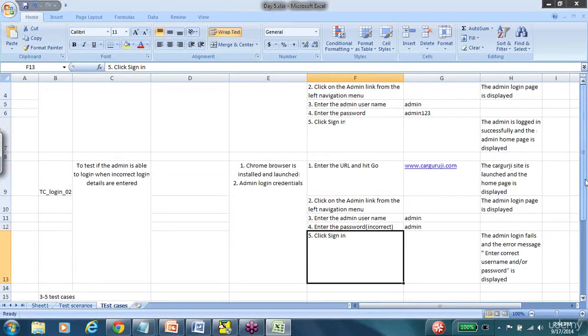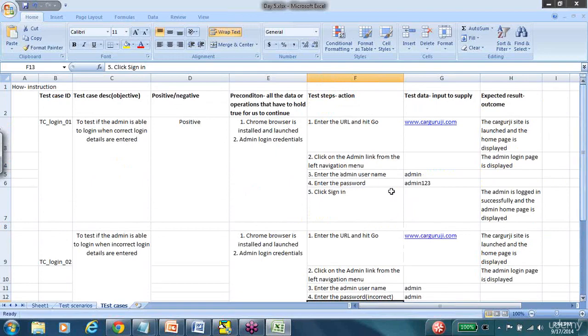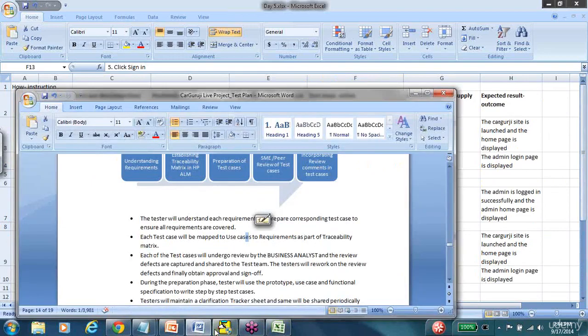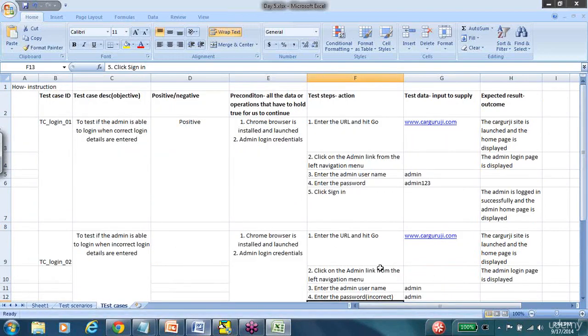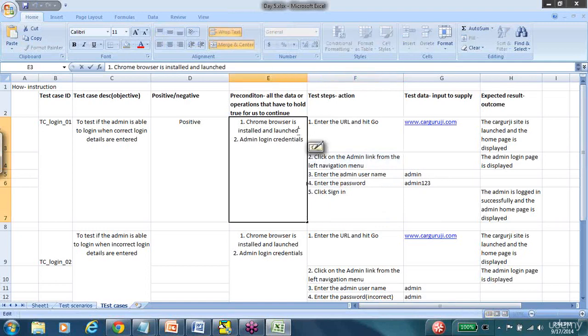And the other thing that I wanted to mention, one of the testing principles, as I showed you, is to reduce the redundancy. Now when you look at this test case here, we are pretty much repeating all of the test steps. So one way we can reduce the redundancy in here is to take out all of these steps. So for example, here's what I can do. I can write my precondition as